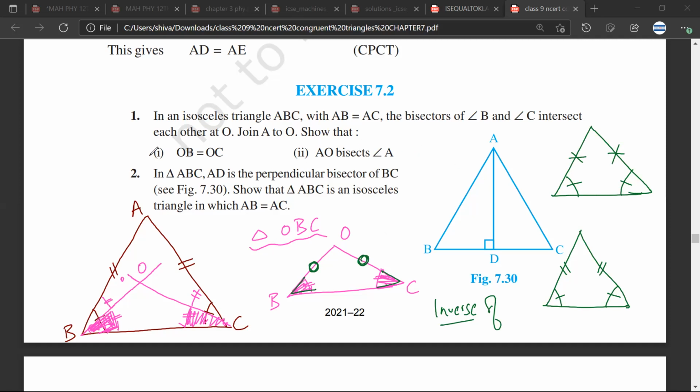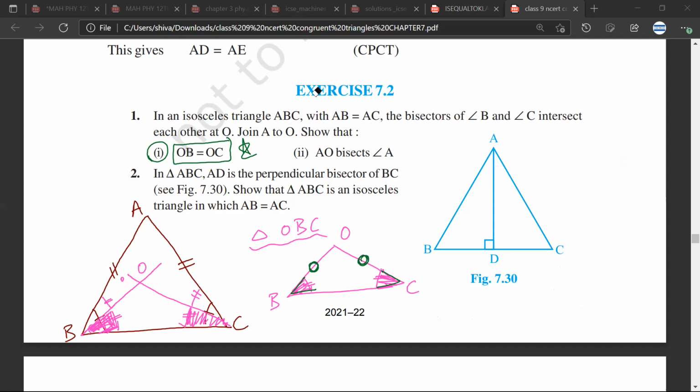Now, that is how I can prove that OB is equal to OC. But say for example you have a doubt and you say, no, sir, I don't believe you. Let us assume that you doubt this, that if this angle is equal to this angle, then you don't believe that AB is equal to AC. So what we will do is we'll try to prove this. Sarthak, have you understood?